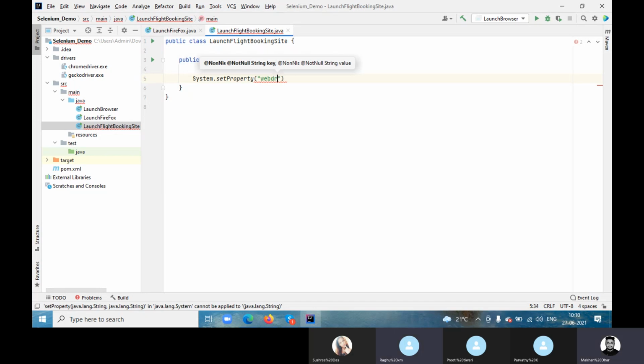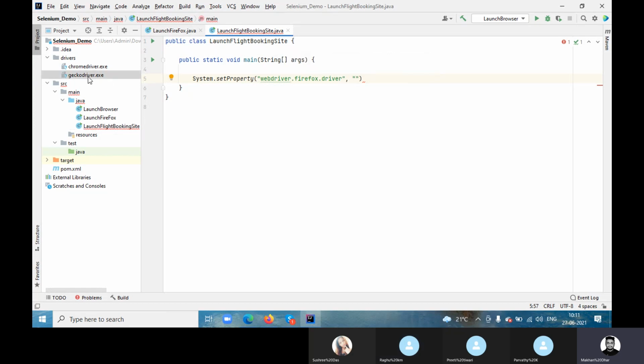WebDriver dot. Here I have to mention Firefox driver. Then you have to give the path name. So I will take Gecko driver.